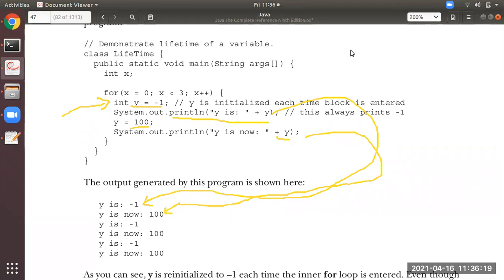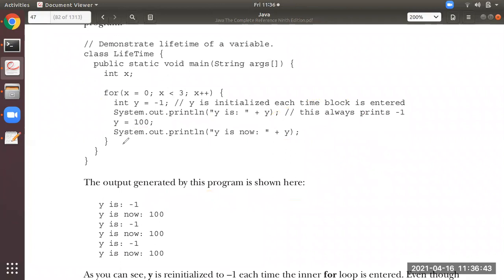As I said above, the line which I made you read three times: variables are created when their scope is entered. So by this you can see the variable has been created when the scope is entered. The next point is variables are destroyed when moving out of the scope. So now you all see here, this is finished, this is finished.